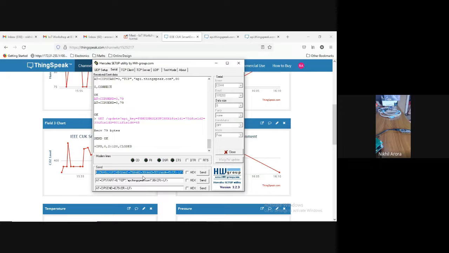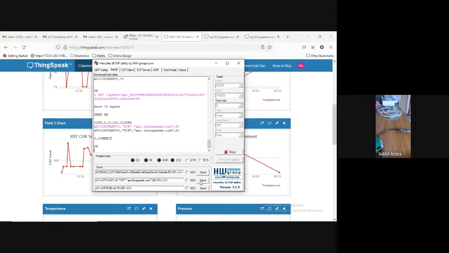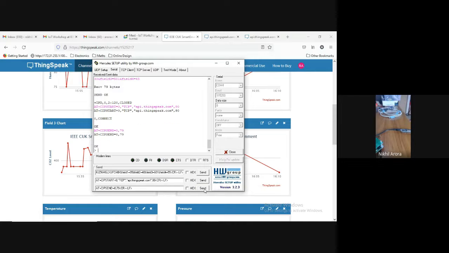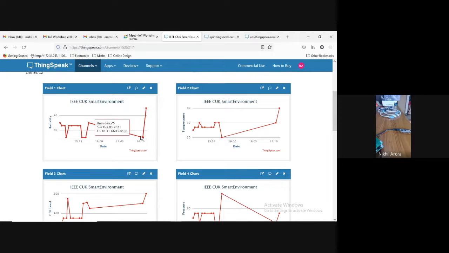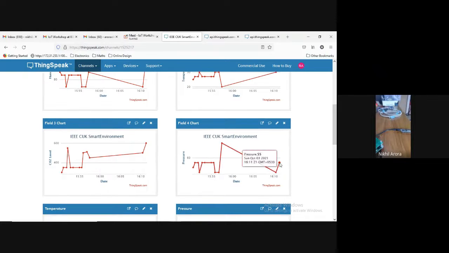Again, this 501 I'll make it 601, 45 I'll make it 55, 30 I'll make it 40, and 75 I'll make it 95. So again we'll try. Start connection, CIPSEND 79 bytes. Send the data. I got connection OK, and you can see now this new data is coming, 95, 40, 55, and 601.